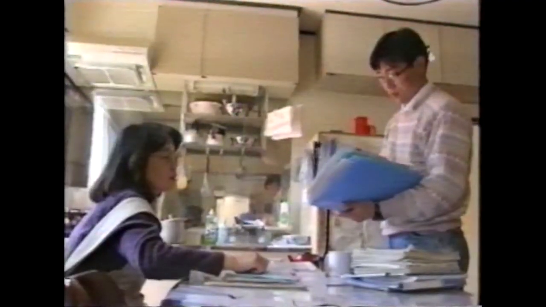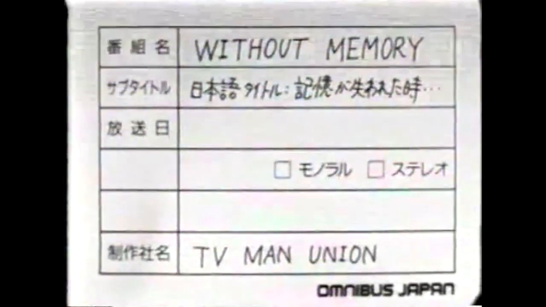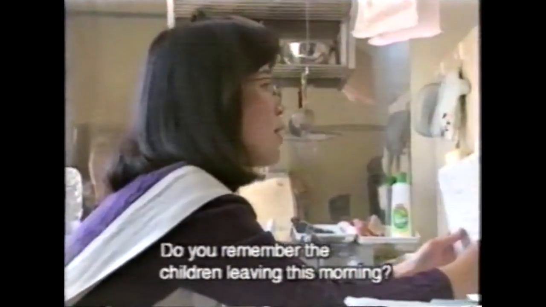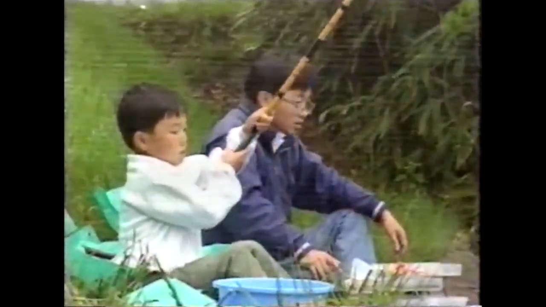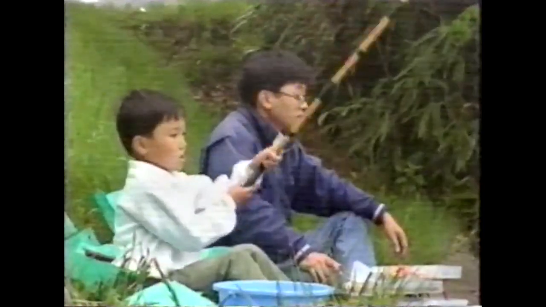So instead of talking about Memento, I'm going to jump straight into another film that deals with the same condition we see in this one. That film is a Japanese documentary by Hirokazu Koreeda called Without Memory, which examines the life of a man who can no longer form new memories. Once, when he was fishing with his children, he caught a carp that was badly scarred. The next day, he could still visualize that carp.